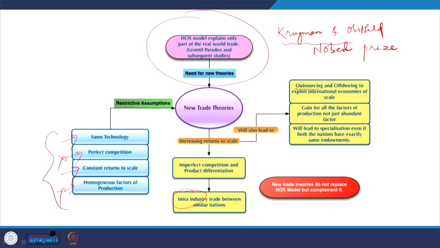Here we are emphasizing economies of scale, which are a result of the increasing returns to scale function. So, there are gains for all the factors of production, not just the abundant factor. It actually contradicts the conclusion, the bottom line, of the earlier theory. Therefore, it leads to specialization even if both nations have exactly the same endowment, because it is possible to differentiate the product qualitatively. That is the bottom line of today's lecture, and in the next lecture we will examine